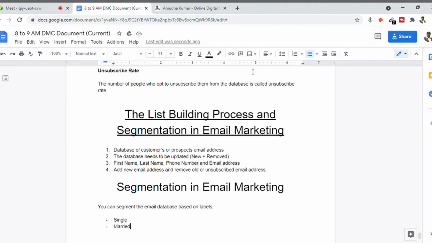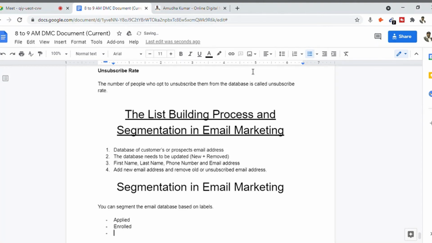And let me say you are sending out an email for those people who want to learn digital marketing, and you need to make sure of all those people who enrolled in your course, for example. Now you can categorize your email database based on how they have applied. People who have applied and enrolled, that is one list you can have.